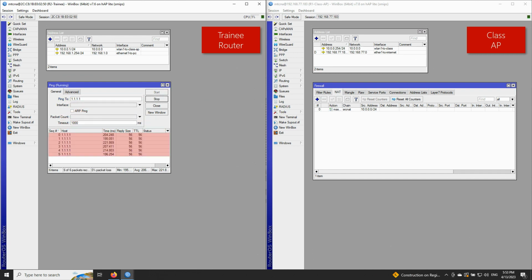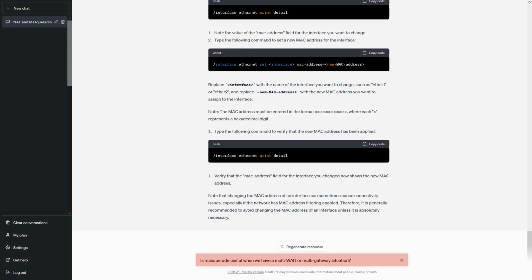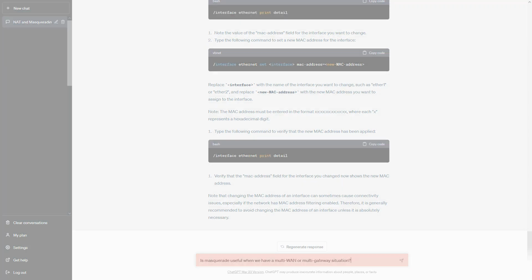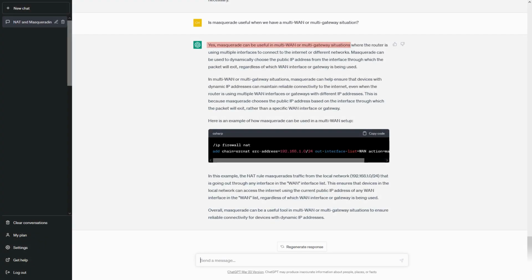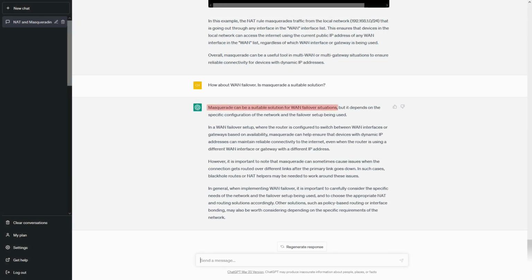And in the end, we gave ChatGPT one last visit to ask about Masquerade's use in multi-WAN or multi-gateway situations, and learned that it can be useful under these conditions as well. Masquerade will help to dynamically choose the public IP address of the interface through which the packet will exit, so that it's not limited by the WAN or gateway it will use. We also inquired about the use of Masquerade in the case of a WAN failover, which is similar to switching from one WAN to another in a multi-WAN scenario, and just as ChatGPT answered, Masquerade can also be used to